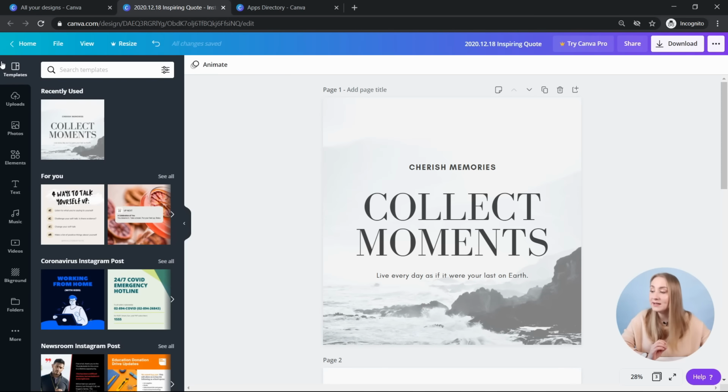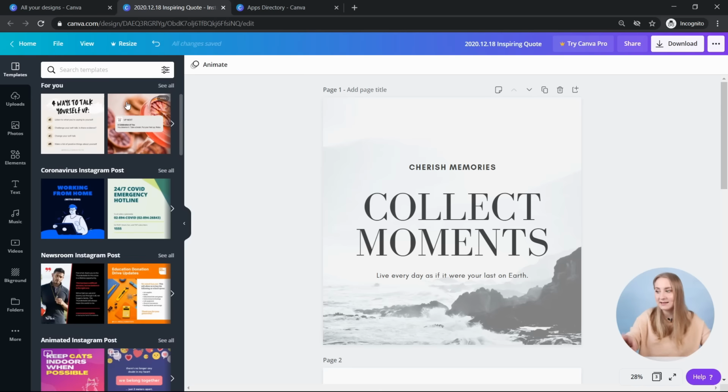All right, so once you open the design, the left panel shows up as well. And the first element in there is the templates. Obviously, you've chosen your template if you went for a template from the homepage. If you created a design, you can go to templates from here as well and browse through the different options that it has. Obviously, we've chosen one, so we've got the recently used as this one.